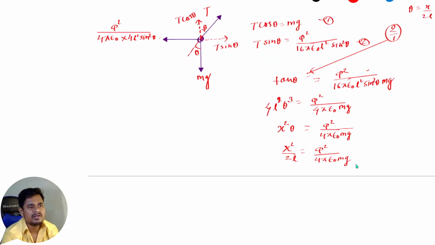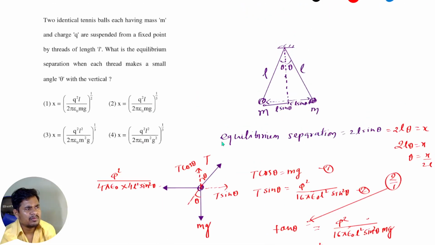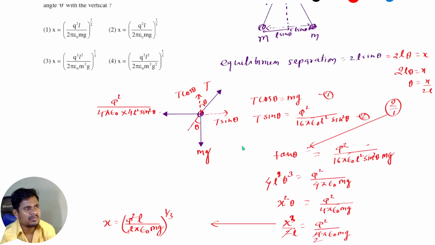So if you simplify it, you will get x cube equals q square L, and 2 times it will cancel, divided by 2 pi epsilon naught mg, raised to the power 1 by 3. So x will be q square L by 2 pi epsilon naught mg raised to the power 1 by 3. So the correct option that we are getting here is option